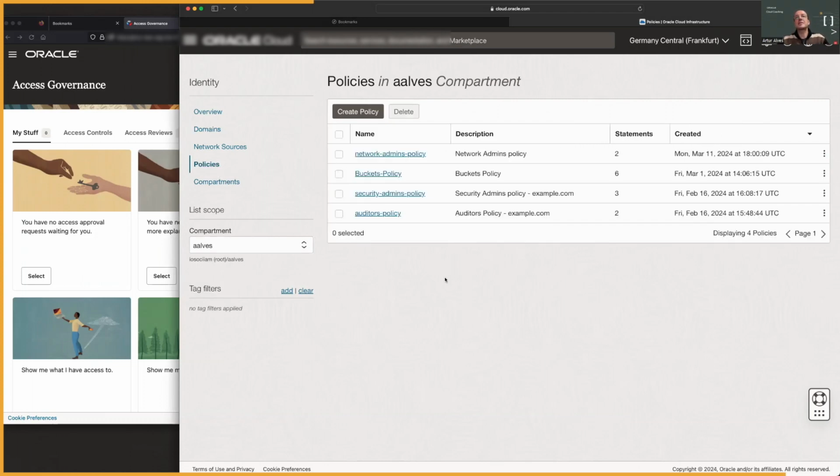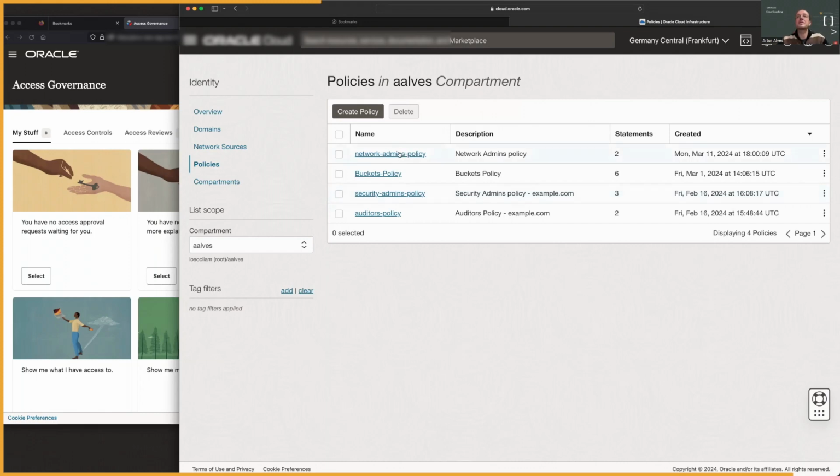So for instance, in this compartment, I have these policies, some of them related to network objects, others related to storage buckets, security related components like load balancers and VCNs and things like that, and another one for auditing purposes and so on.